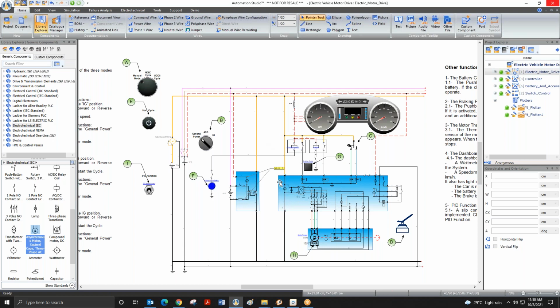So it is basically taking a DC supply from the battery and converting it into variable AC. So variable frequency and variable voltage is fed to the motor. This is the motor. The accelerator, right? So in the earlier example, Shraddha was directly controlling the frequency and voltage of the converter. Here we use a more realistic approach.